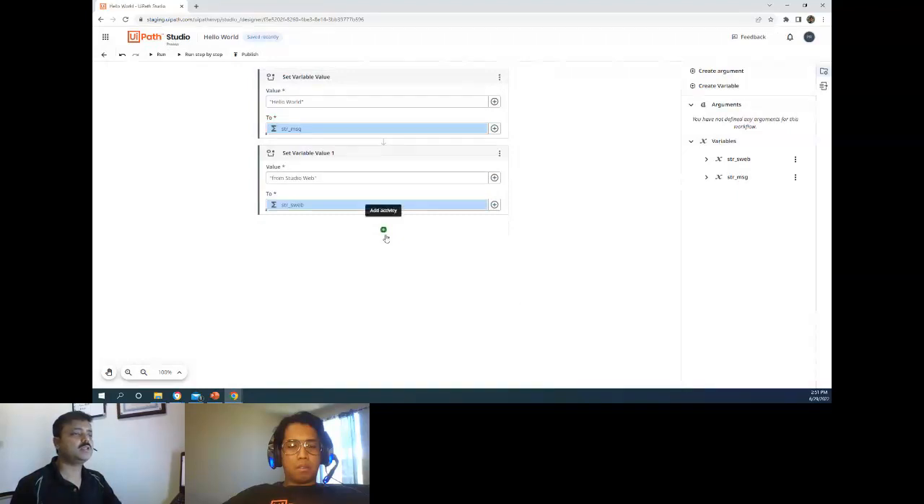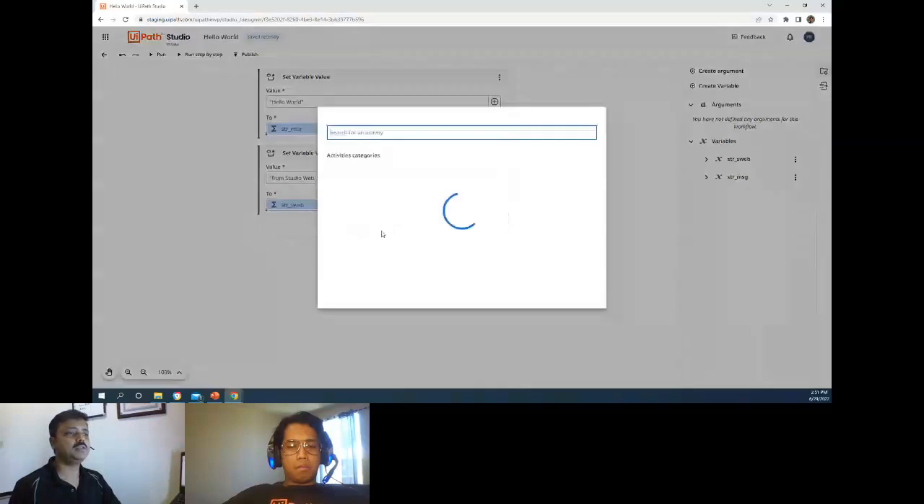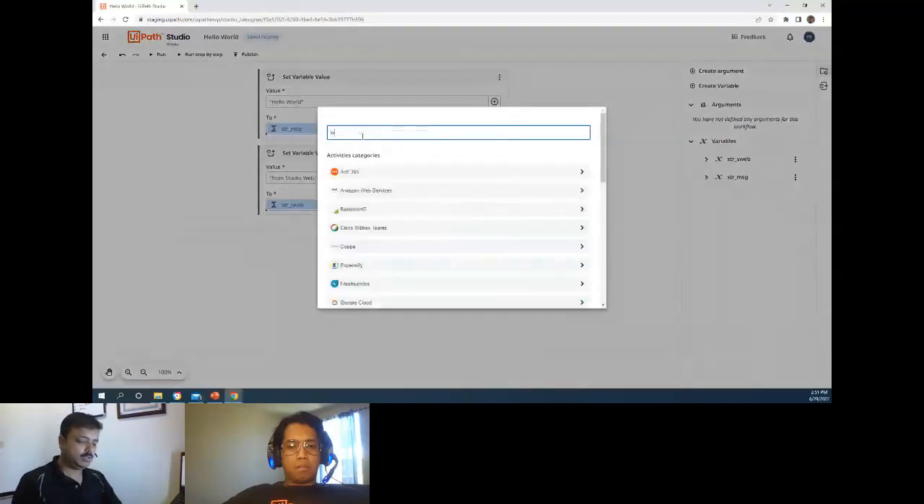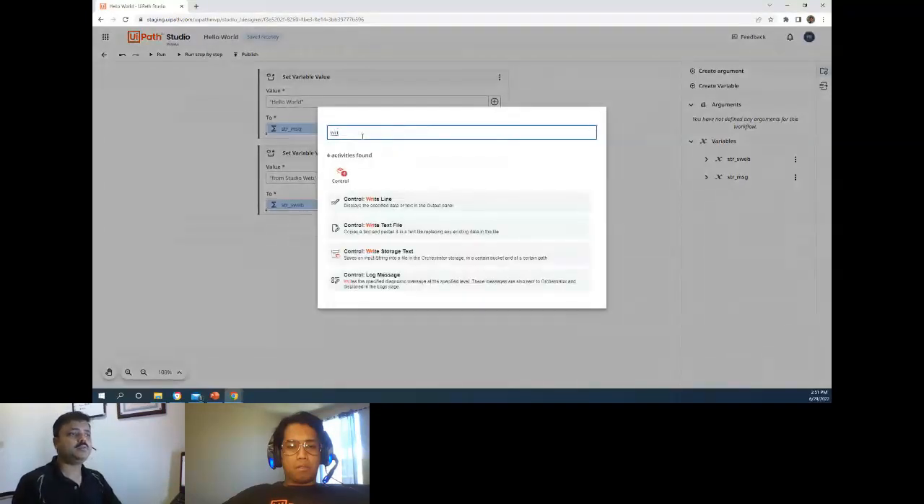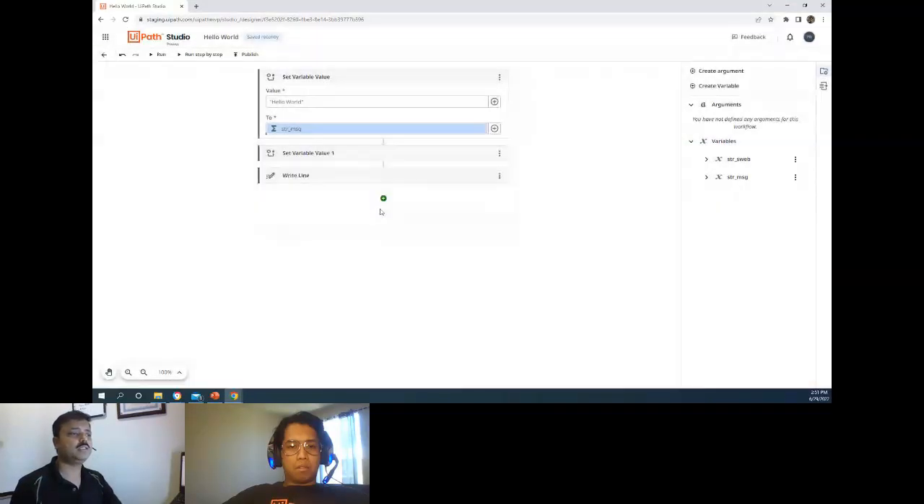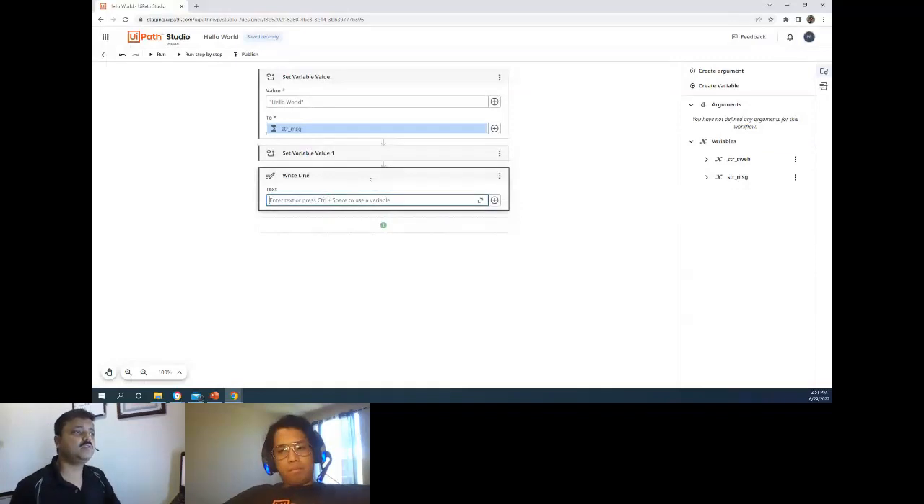Okay. So the next one is pretty simple. Now I already have two variables, so I'll go ahead and write it on the output window. So I'll use a control.write line. And one of the interesting things that I have noticed on Studio Web is that I don't need any concatenation character. So I can simply say,